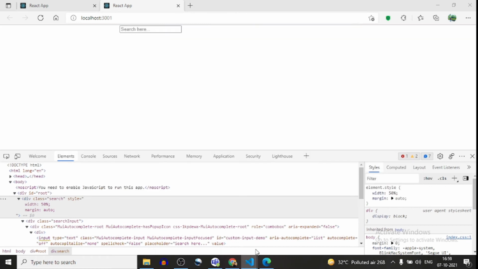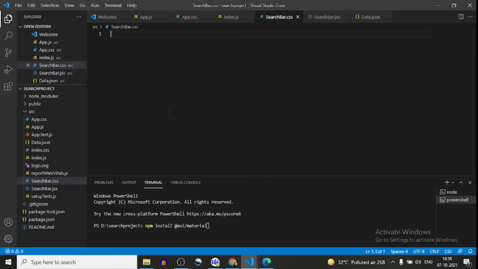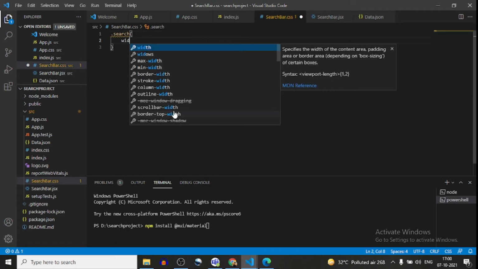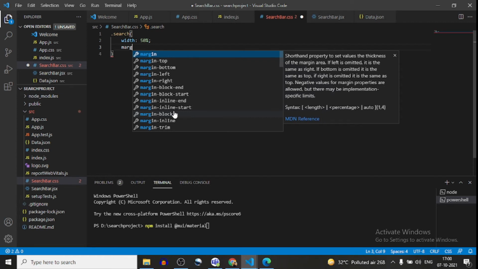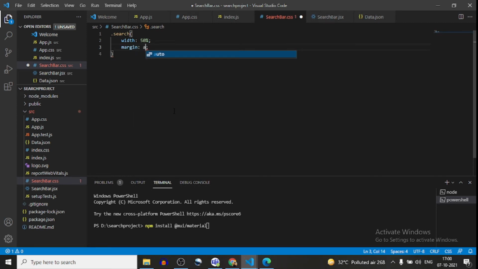So here we define dot search, width 50%, and margin auto.